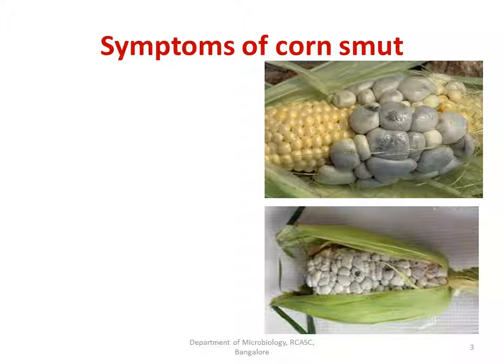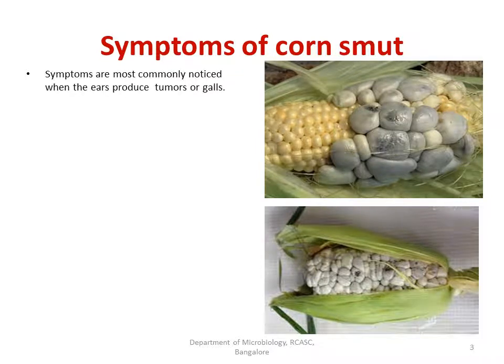This particular pathogen is airborne, and the primary infection takes place onto the aerial part of the corn plant. So it causes localized infection. This we have to remember. Once the teliospores land on the surface of the host, that is on any aerial part, either on the leaf or on the leaf sheath or on the stem or on the tassel, the so-called inflorescence or head, or on the corn, they cause infection only to that particular part or tissue. That's called localized infection.